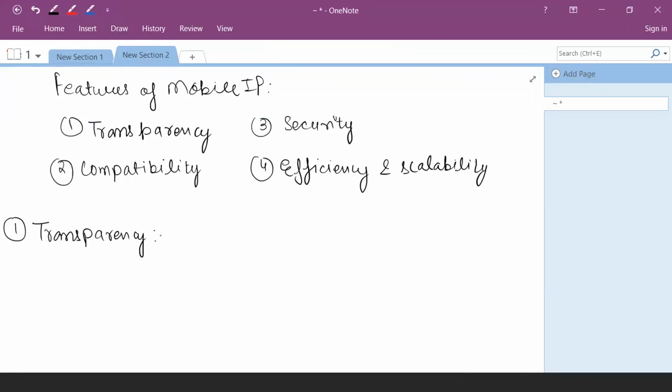So mobile IP provides us a high level of abstraction, and it has to cope with several constraints like lower bandwidth and interruption in the services. It is very common in our mobile nodes that sometimes the mobile network goes down, and there are many interruptions in the services. So transparency is nothing but it provides you seamless connectivity.